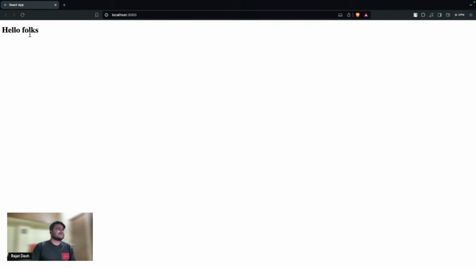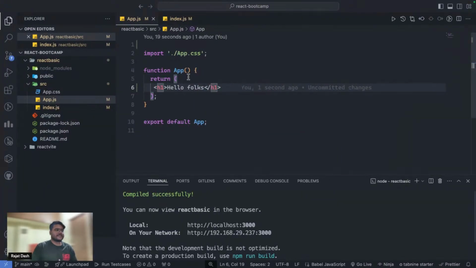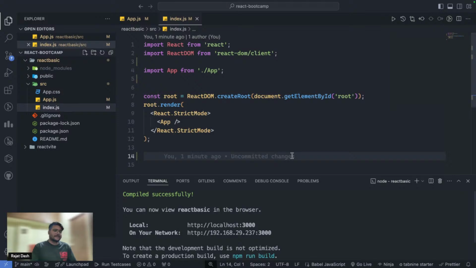We have our first application running with some customizations now. We have customized the basic React boilerplate and we have written something of our own, I guess. So these are the files which we require majorly. Okay. Same thing, we will now do with Vite also.